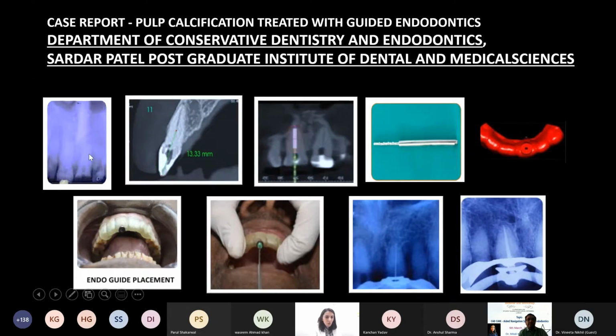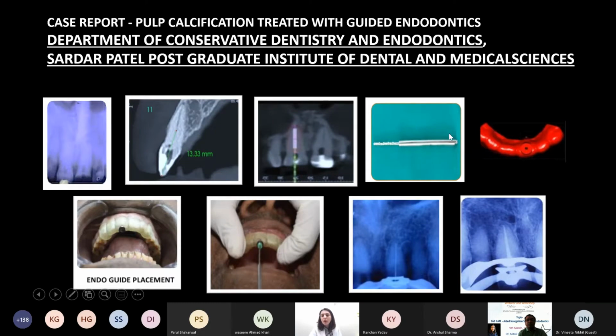So in this case, this was a calcified tooth. This is the CBCT. With the CBCT, they found the canal to be in the middle third. That's the target point, which is 13.33 mm. Now this is a custom made burr. They could not find the Straumann drill for implants, so they used this particular custom made burr. And in the software, they created a virtual path of this burr.